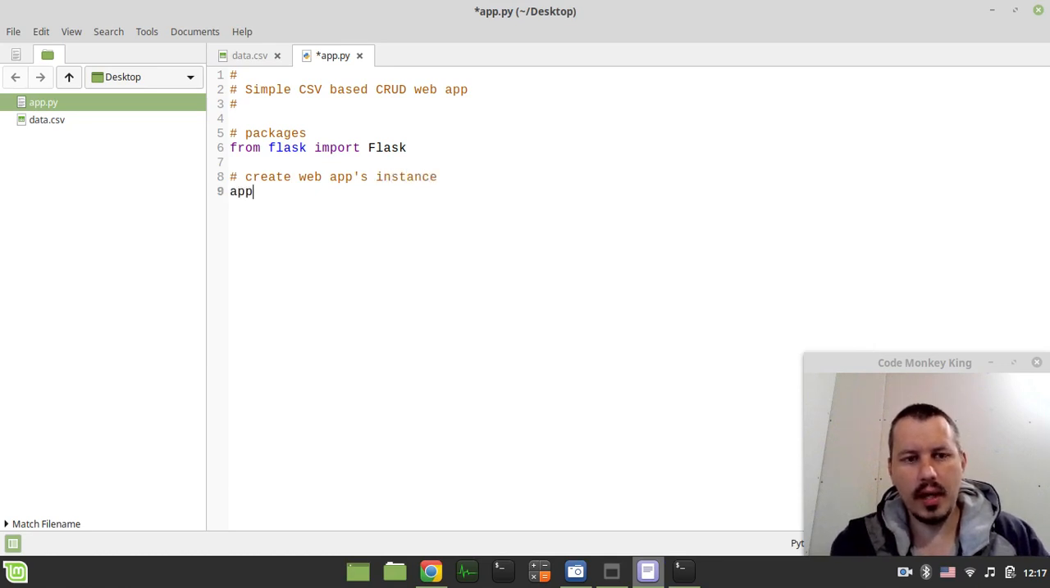Okay, so app equals Flask, and we take this name as the only argument. So it's the pretty standard way of establishing a new Flask application. Now we want to handle, well, actually, so here let's say read data from CSV, and this would be a